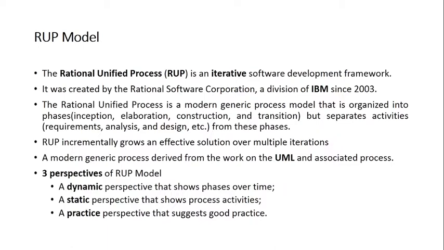Why this came into existence is because customers want working software to be delivered very quickly, and prior to this RAD came, which delivers a working iteration in 60 to 90 days. Now we will see that this is more rapid and is going to deliver the cycle in approximately 45 days. So we are in turn reducing the time it takes to deliver a particular iteration. Now this RUP model is again based on an iterative approach. Then only can we deliver the working iteration in a rapid way. So the software is always developed in increments or iterations.